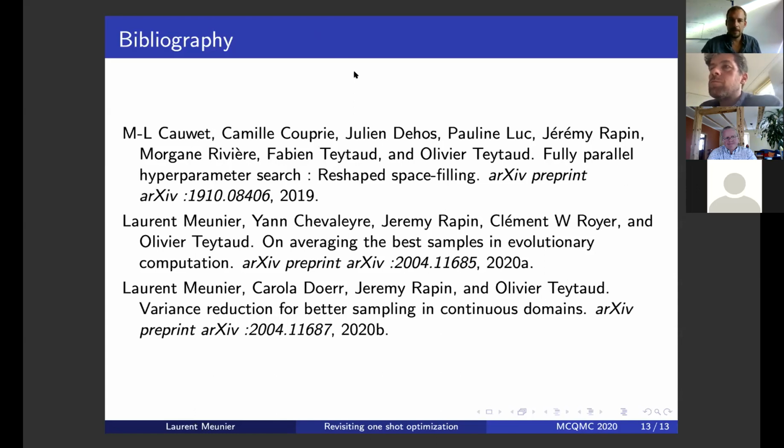Actually, I can talk of what I've done so far. I've worked on functions that are smooth and strongly convex close to their optimum,